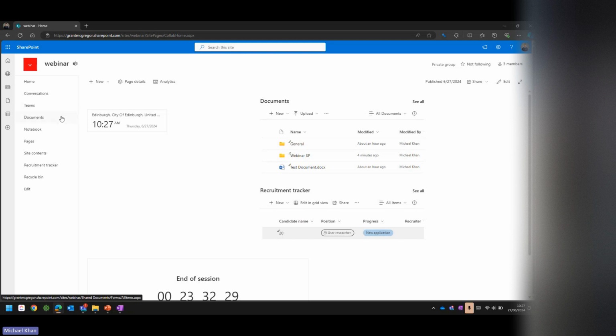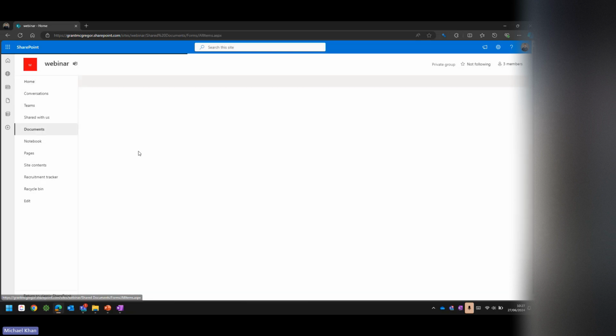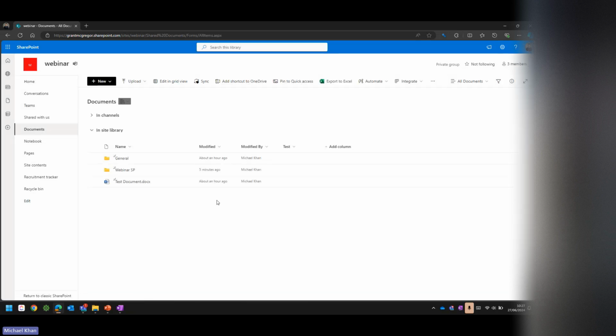So what I suppose we want to dive into now is quickly looking at the sharing side of SharePoint. If we're staying within the actual web view of SharePoint here, if you hover over the folder or file, you'll have the little share icon, the little box with the arrow coming out of it. If you click on that,